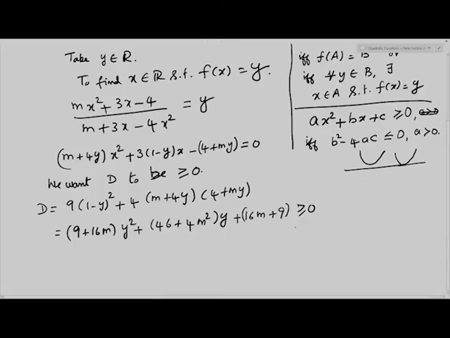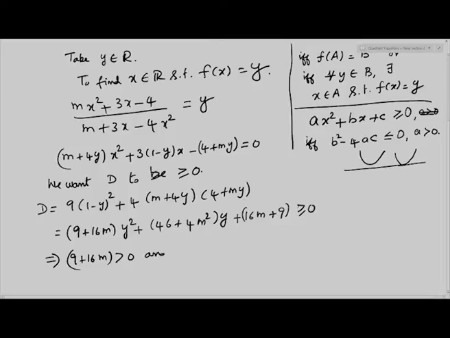For this quadratic equation to be greater than or equal to 0, we need to have its discriminant, according to this condition, less than or equal to 0 and a positive. So, for this to be greater than or equal to 0, we have to have 9 plus 16m greater than 0